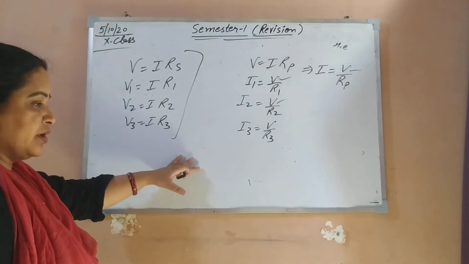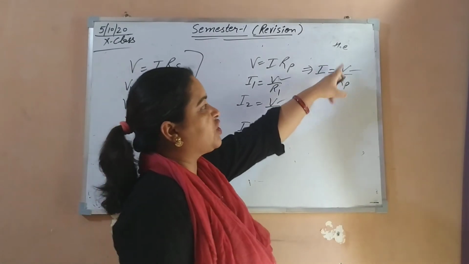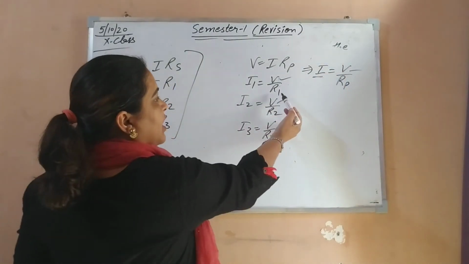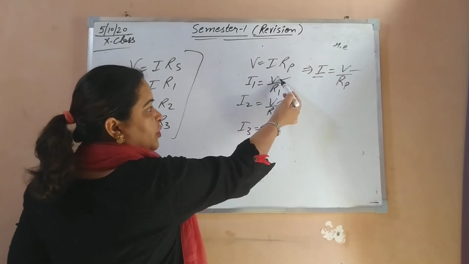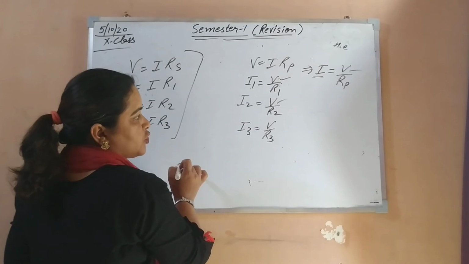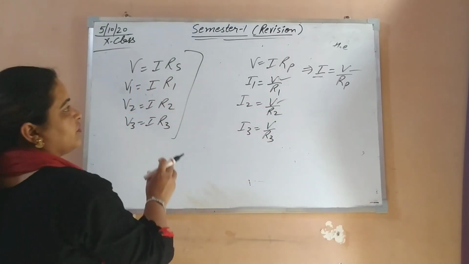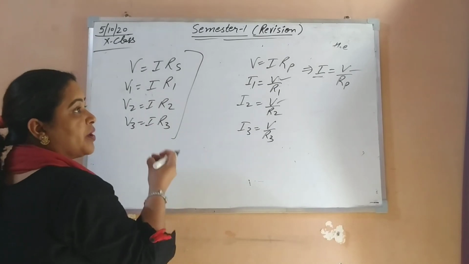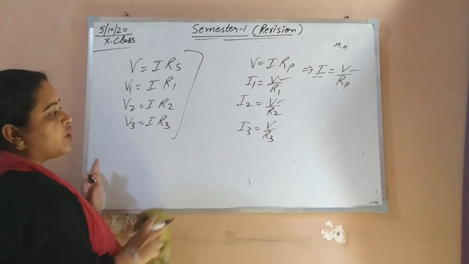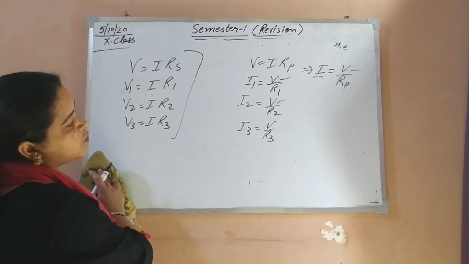These are the concepts. Let us assume in any question total resistance is given and total potential is given. Using that you can calculate total current. If R1 value is given and potential is given, then if you divide them, you will calculate the individual current also. If all the resistor values are given and he is asking for equivalent resistance, you will use this formula. So it depends how we use formulas in series and parallel. So these are the formulas.